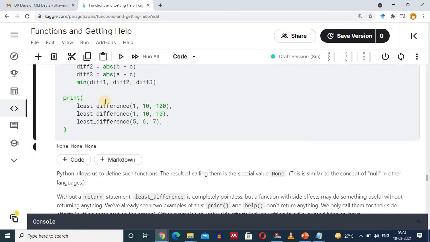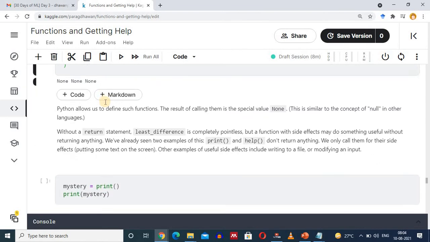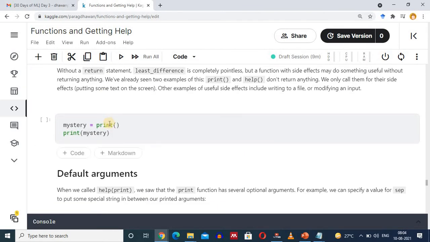If the function does not return a value at the point of function call, you will have a special value as None. Moving to the next example, here we are storing the print function in a variable myhistory and we are printing myhistory. What will happen here?